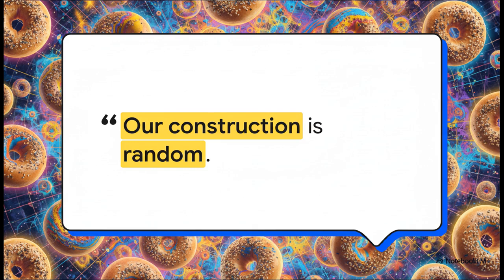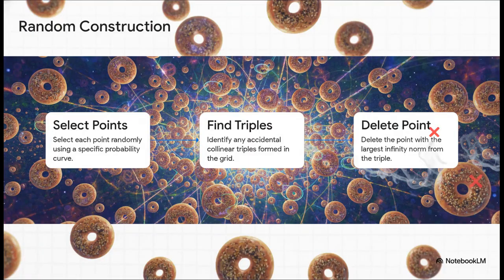It feels almost paradoxical, doesn't it? Injecting randomness into a hyper-strict geometric constraint actually yields the tightest known structure. Let's break down exactly how this random construction works. Gosal's method can basically be boiled down to a totally logical 3-step sequence. Step 1, toss the bagels onto the infinite grid using a very precise decaying probability curve.